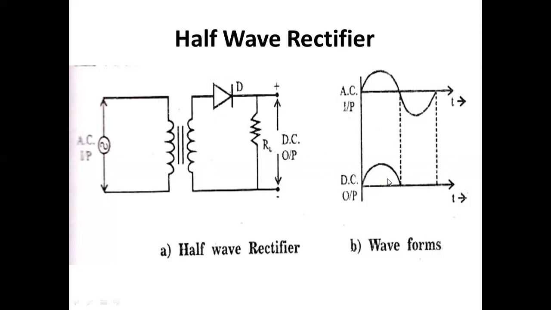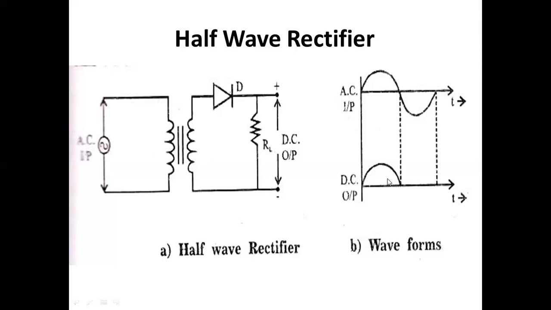Like that, if a negative half cycle is given, the AC output of the transformer has been given a negative half cycle supply. Therefore, the anode is more negative with respect to the cathode. Therefore, the switch is in the open condition, the turn off position. Therefore, there is no amplitude here. That is nothing but the output should be 0. After that, we again get the positive half cycle.